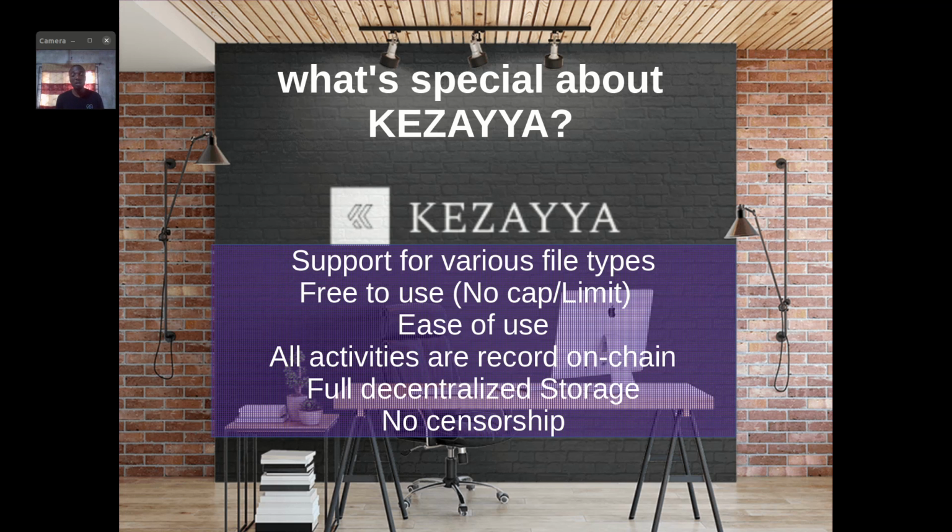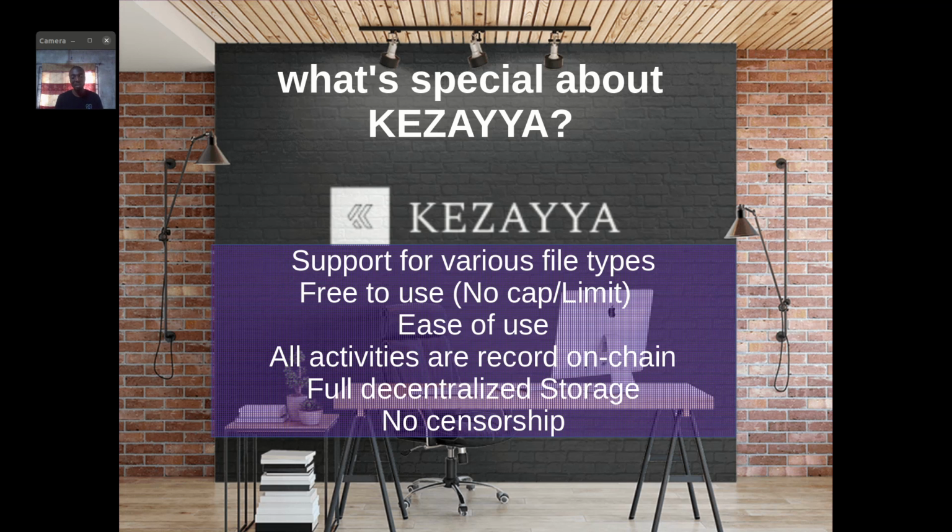For the fact of transparency and for transactions to be audited, every file created, its corresponding metadata is stored on chain, and it makes us able to track from the chain the number of files that are already stored on chain through knowing the ID of these files. It is awesome that all activities are stored on chain. Another feature is that it is fully decentralized, meaning that the owner of this data